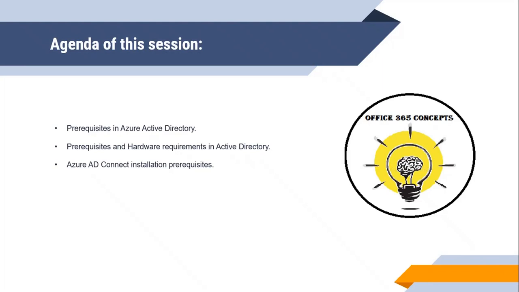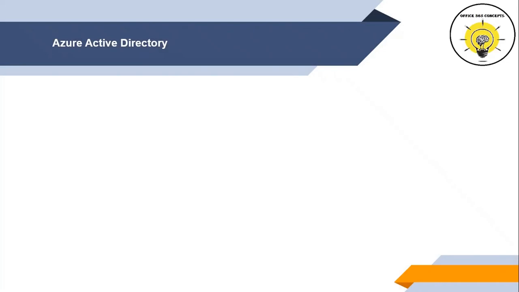Let's divide these prerequisites into two sections. First, we will understand what changes we need to make in Azure Active Directory, and then we will discuss the requirements that need to be met in on-premise Active Directory. Before you deploy Azure AD Connect, we need an Office 365 tenant. If you want to make a test environment, you can set up an Office 365 tenant, and this will be valid for 30 days. Once we sign up for an Office 365 tenant, we need to verify the domain in Office 365 that we want to use as a domain suffix for on-premise users.